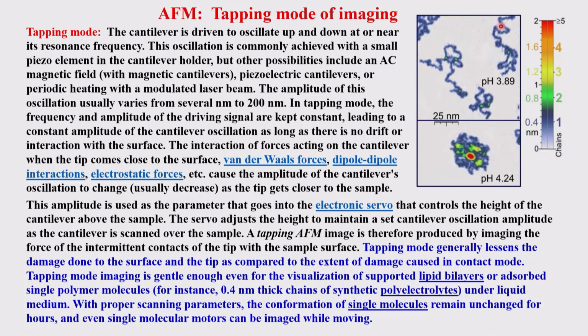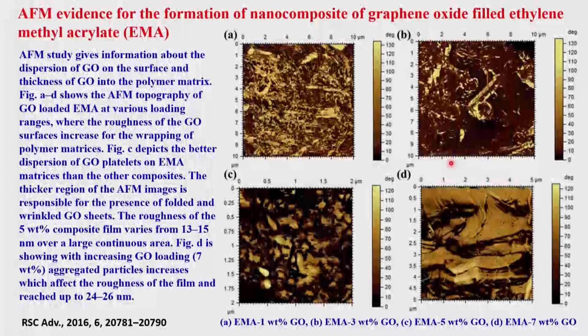The example shown here was for the plasmid, and you could see at two different pHs the difference in the plasmid structures itself, which gives both the XY as well as the height parameter. The good thing about AFM is that you not only get the XY plane, but you also get the height parameter as well. So we've looked at some examples of